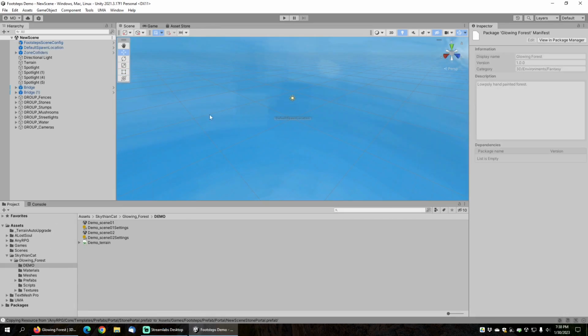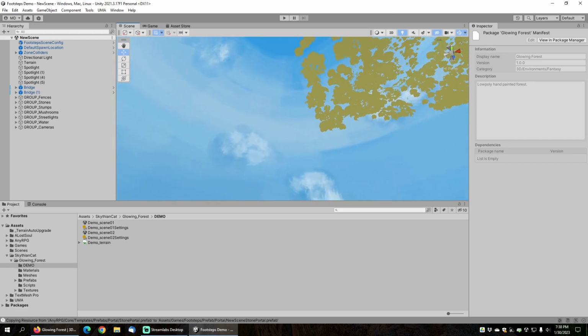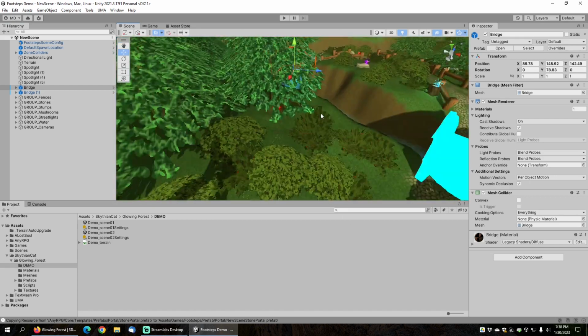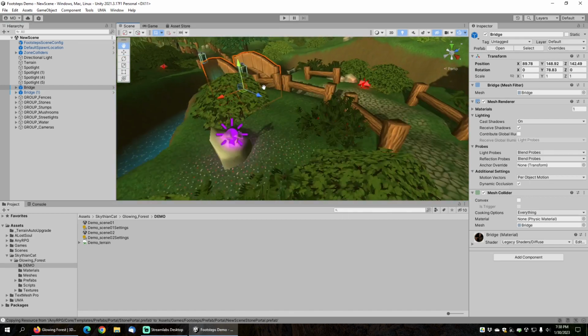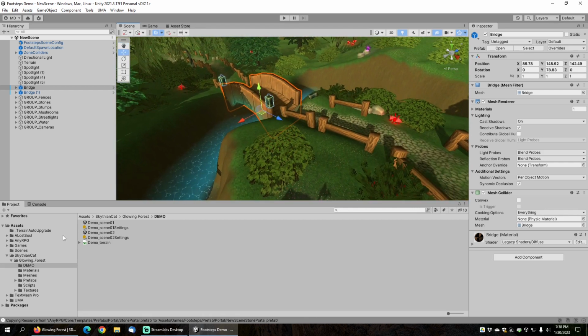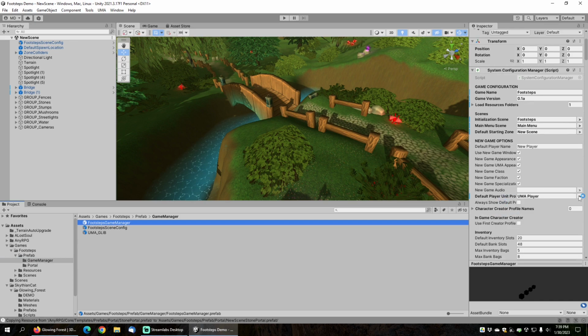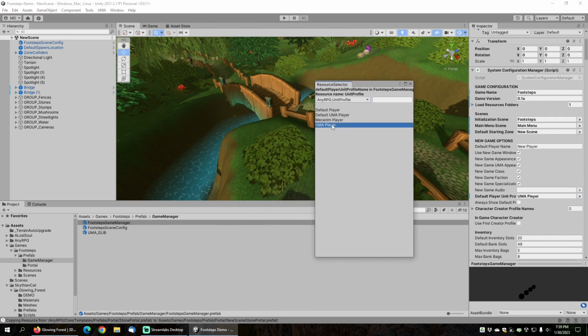Once the content has finished installing, you should notice that you are now looking at a scene which has the demo level already configured, and we're ready to begin adding footstep sounds. Before we start, I'm just going to make one small configuration to my game by going to the Games Footsteps Prefab Game Manager folder, clicking on the Footsteps Game Manager, and changing the default player unit profile from UMA player